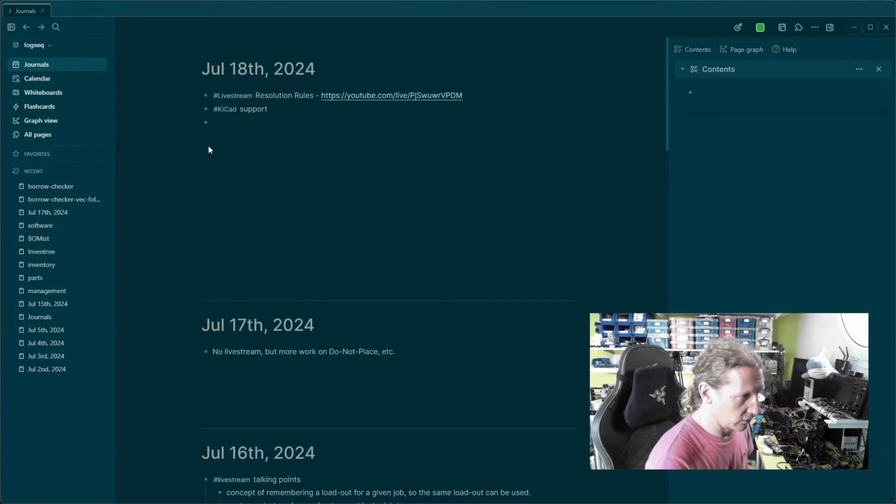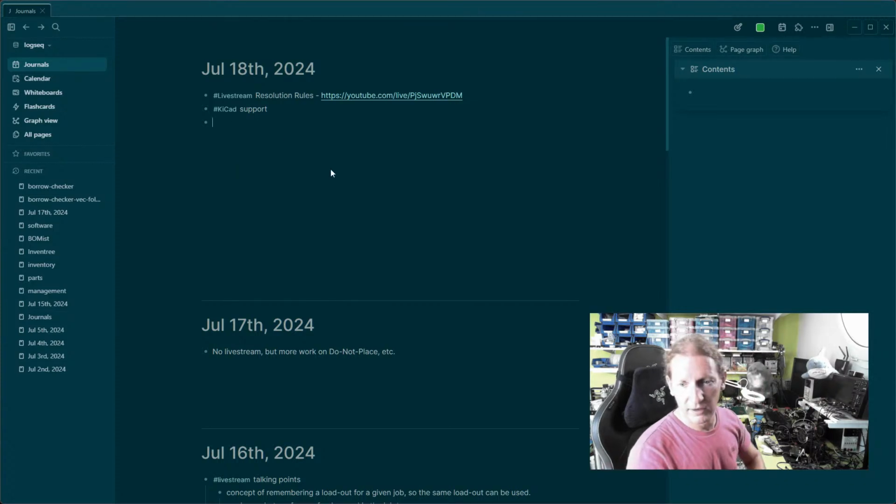So KiCad support. I think probably what we're going to do on the next one is add KiCad support. Maybe I'll do a bit more of that this afternoon. But right now, it's baking here. I'm going to have a little dip in the pool, get some lunch, and then maybe do another live stream a bit later for KiCad support. Or